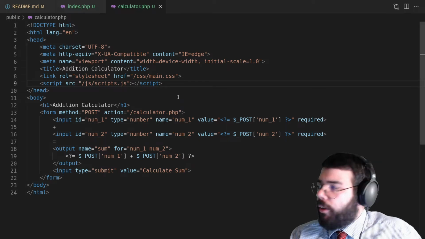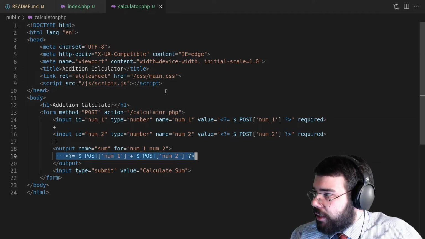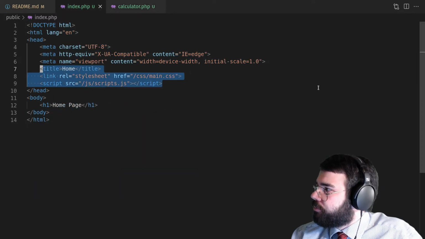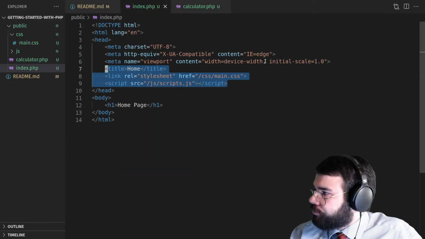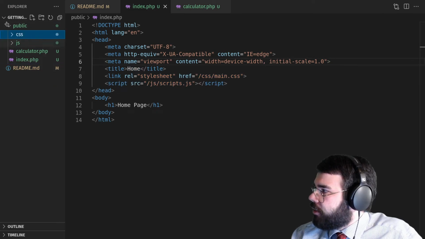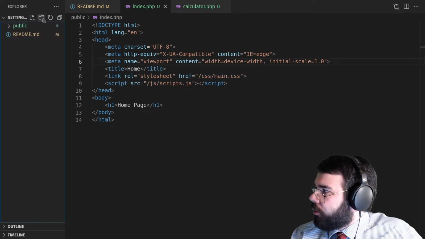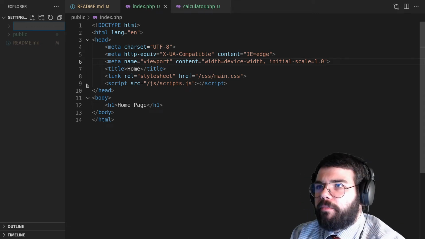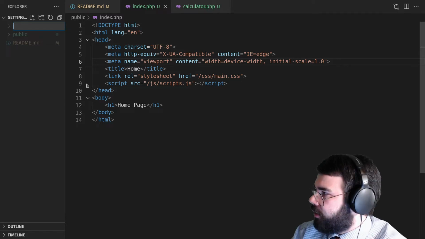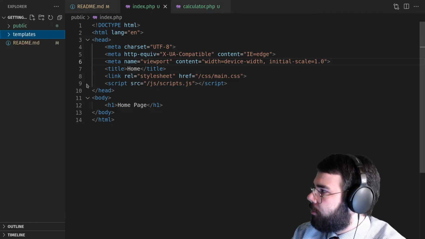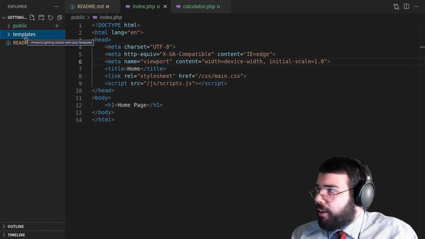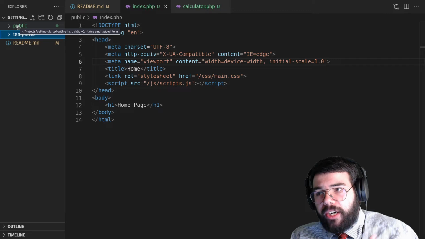Okay, on the note of how well this integrates into your web HTML code, I'm going to create another folder out here called, yeah, I guess we'll go with templates. That's probably a good name. So this is why we see this common pattern of having a public directory. When you're actually launching a website,